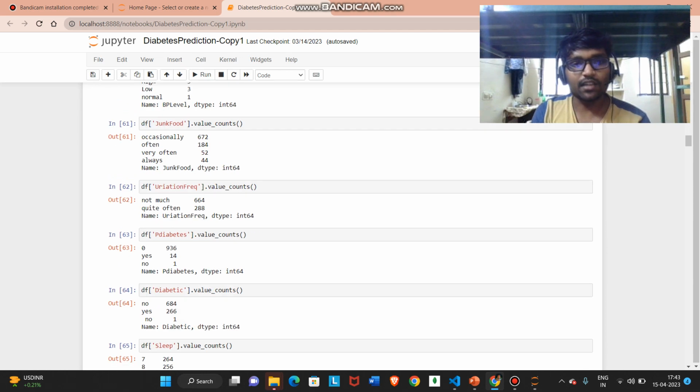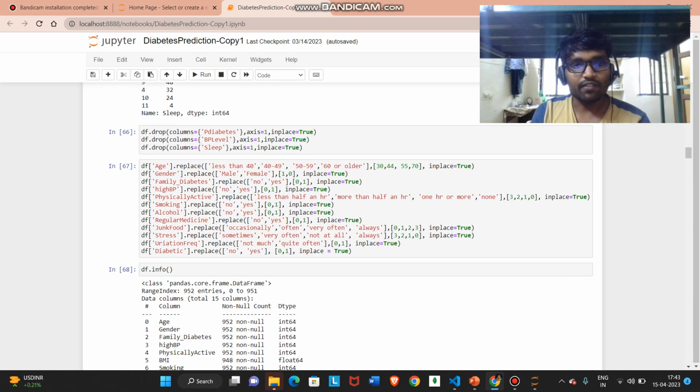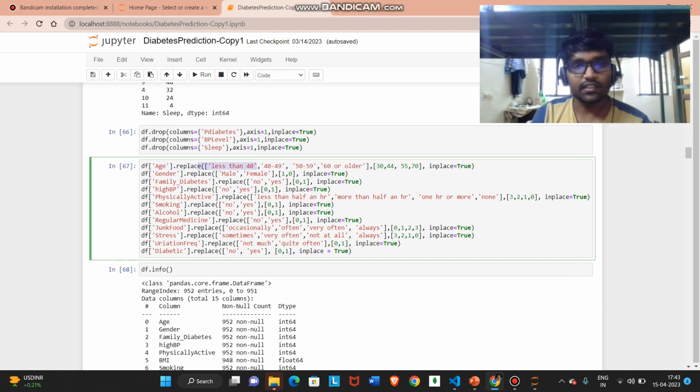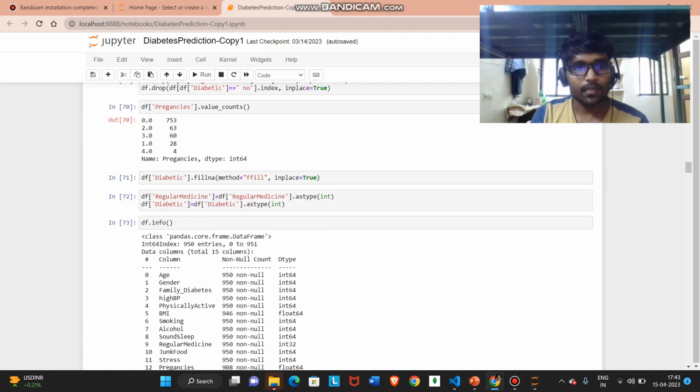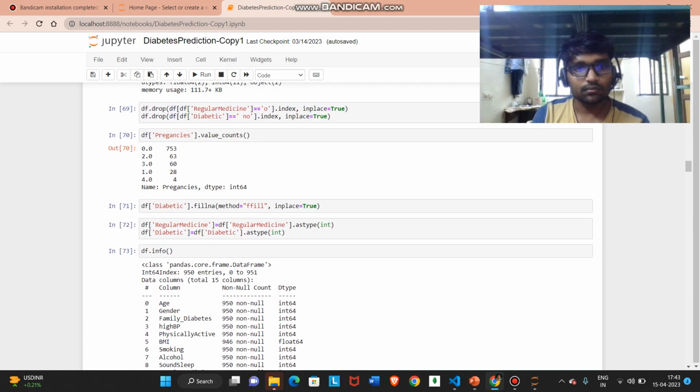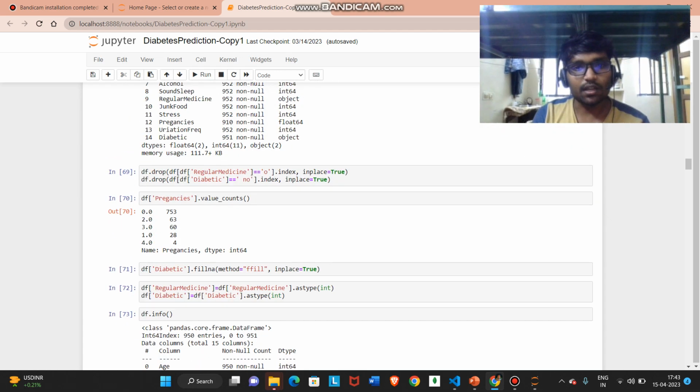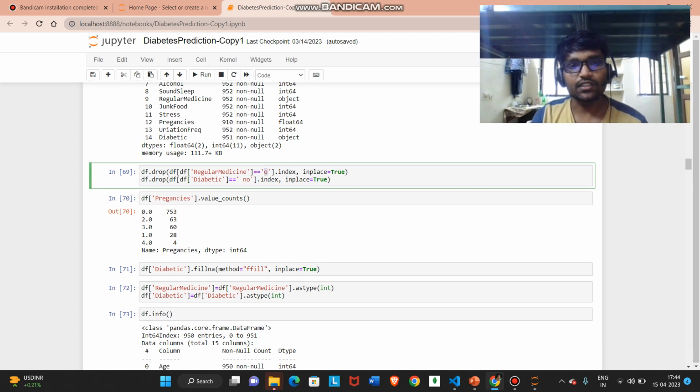So we have done the same thing for all the attributes, and we have replaced the categorical text values with numerical values. Now we have some improper values in the dataset too: instead of having 0 as the value, in the raw dataset we have something like the letter O, so we have deleted such values manually.